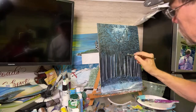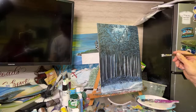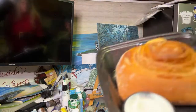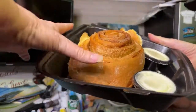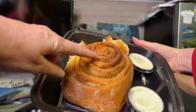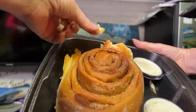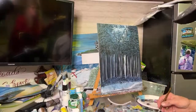I'm telling you what, they are something else. So it's a $7 and some odd cent, like $8 cinnamon roll. And you're thinking an $8 cinnamon roll, but wait till you see this. Yeah, I'm gonna show you this. This is like huge. These are huge. I mean, that is huge. That's my hand right there. That is a huge cinnamon roll, and it looks like it's got cinnamon sugar on top of it, and then on the side here they have the frosting, and then this is a little bit of the biscuit from there, and then I got a biscuit also from